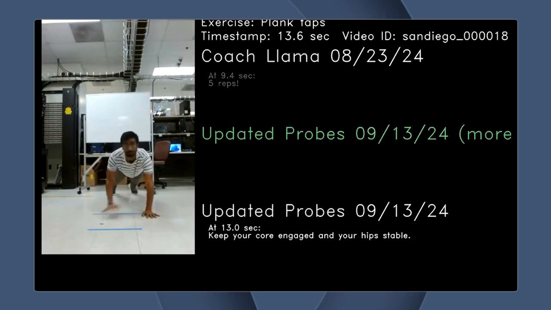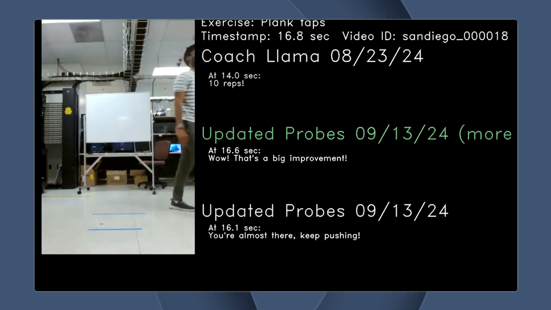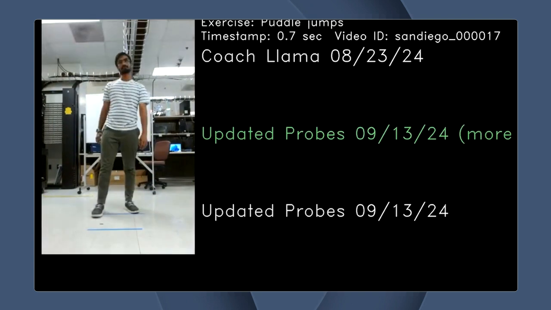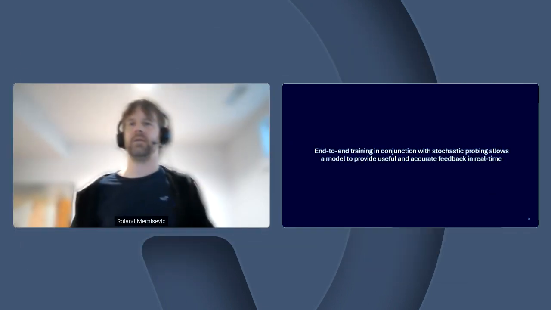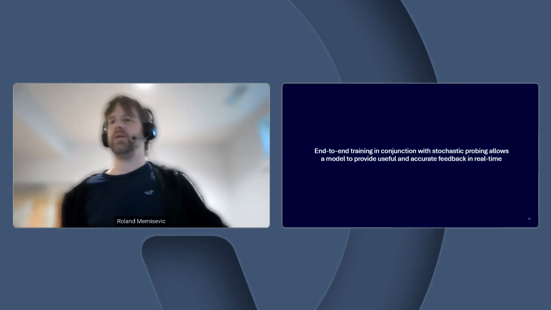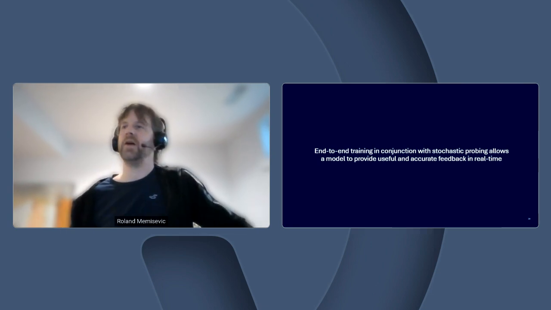Here you see another example, cheering the user for how well they're doing. The model also sees when somebody walks away, because this kind of ability is just coming through with the training data. And then, for example, prompts the user to come back, or suggesting to defer to a later day, etc.